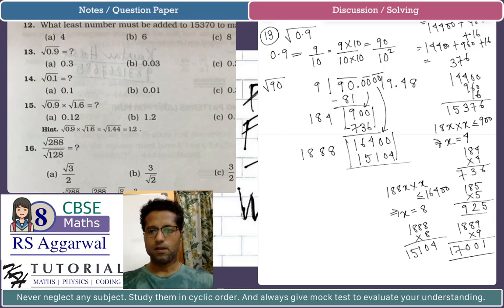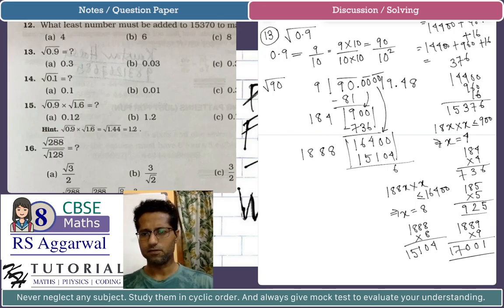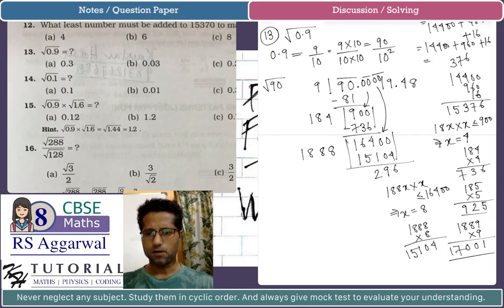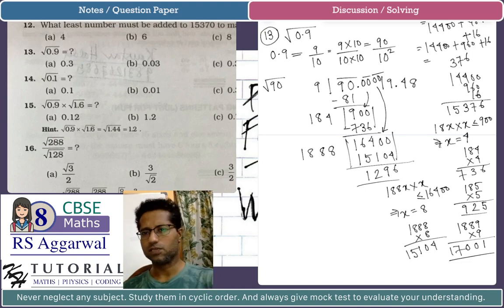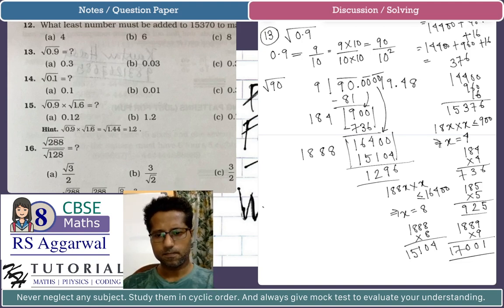15104. Now at this point you can find the remainder, but the remainder will not be really needed. But still let's find the remainder. This is 1296. So the square root up to 2 decimal places is, so we see that the square root of 90 up to 2 decimal places is